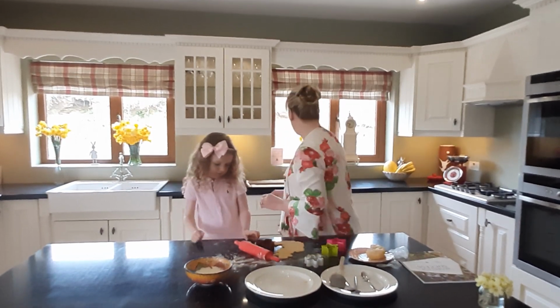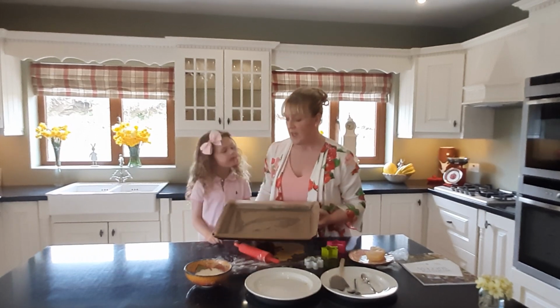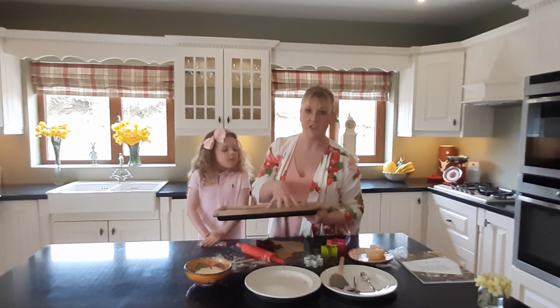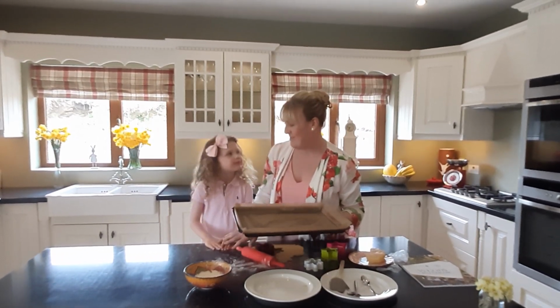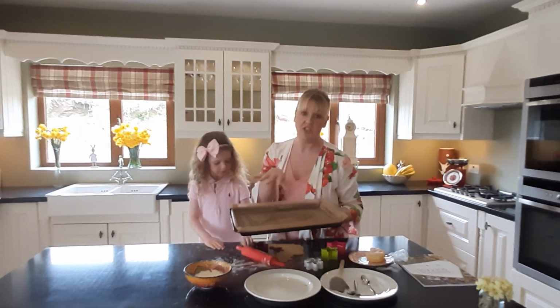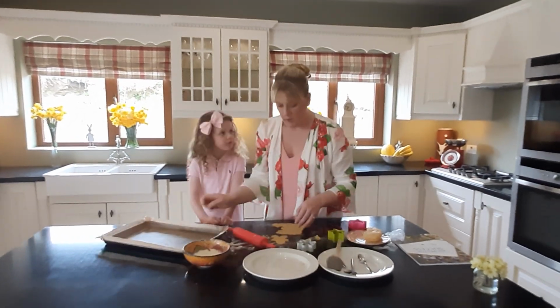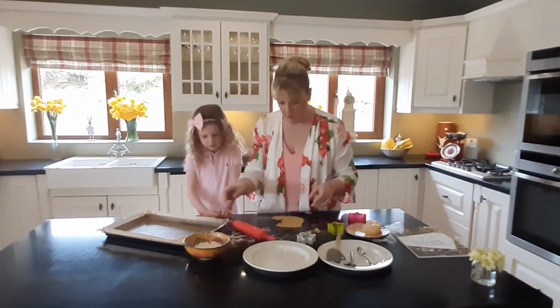And then we're going to get our flat baking tray, which has been lined. Again, not a deep one, just a flat baking tray. Any size will do. You may need one or you may need two of them. This one is about 10 inches by 17 inches, but again, it's absolutely fine, whatever size. We get our gingerbread men and we place them onto our flat baking tray and we